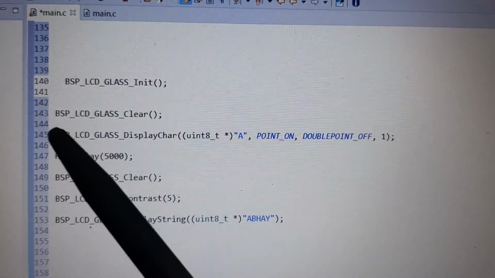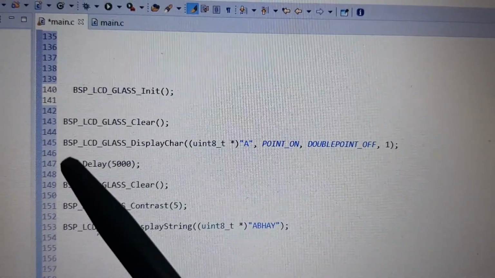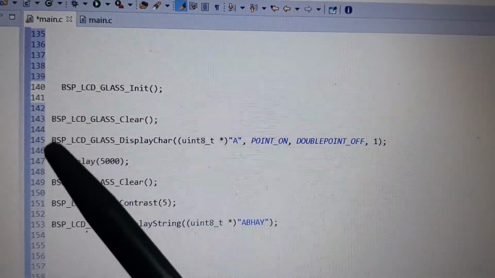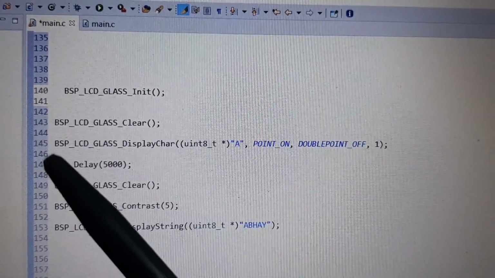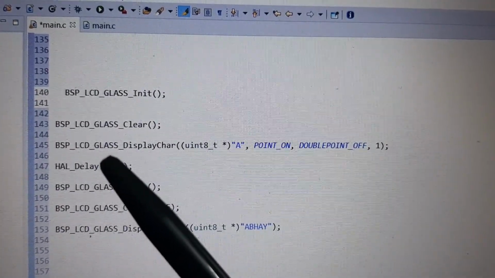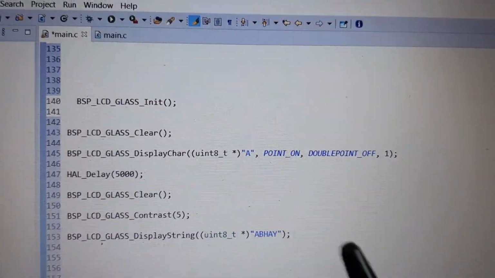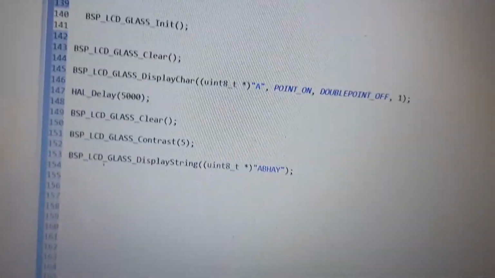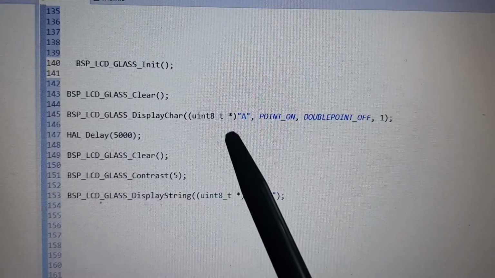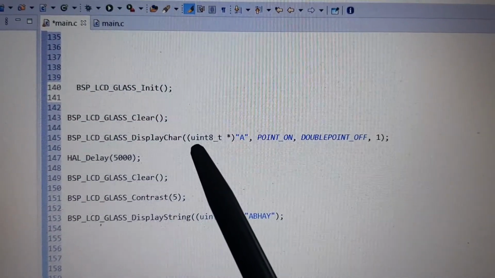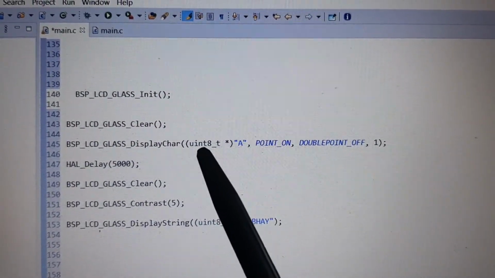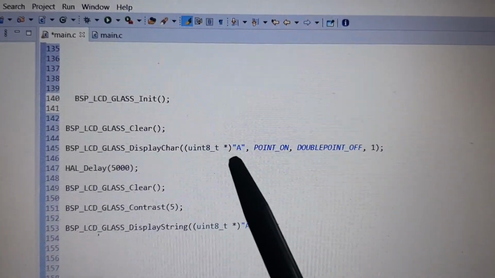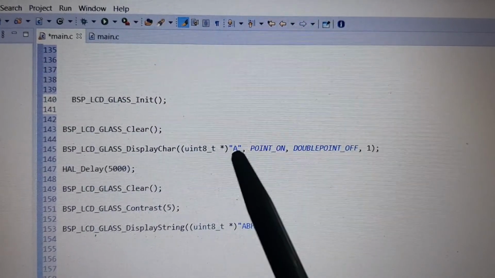For that you need to include this function, and then if there is a character, you can display it using BSP LCD glass display character, and then you need to pass the message pointer, which is of unsigned integer 8-bit, and the message at first character.